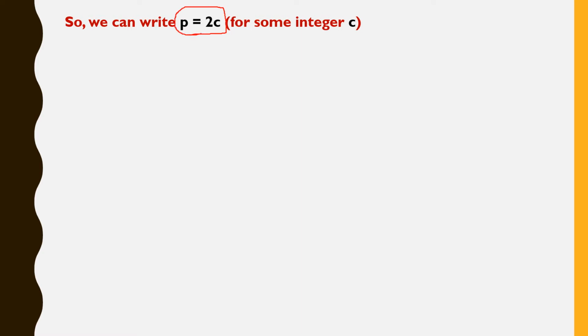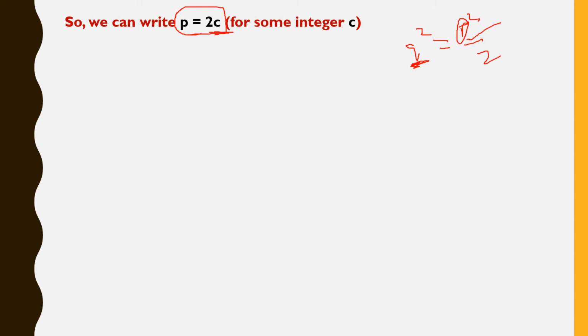Simple. We got the step q square equal to p square by 2, right? In the previous step we got q square equal to p square by 2. Now instead of this p we should substitute 2c, because we should get the result for q square also. For q also we should get it, so I am substituting p equal to 2c.